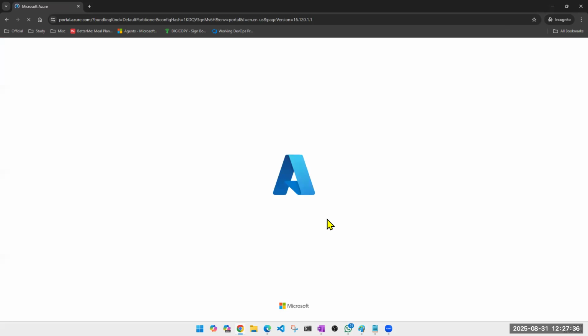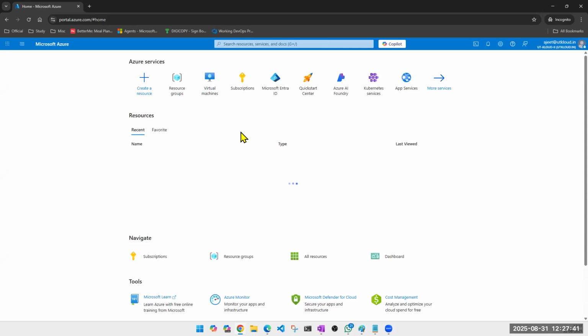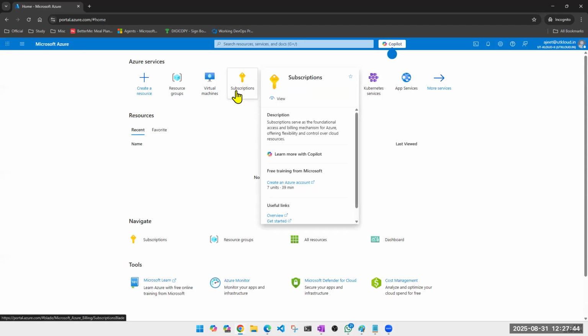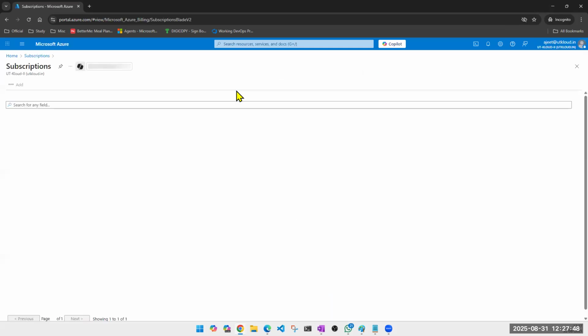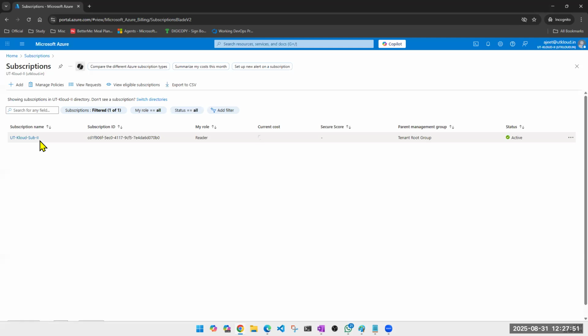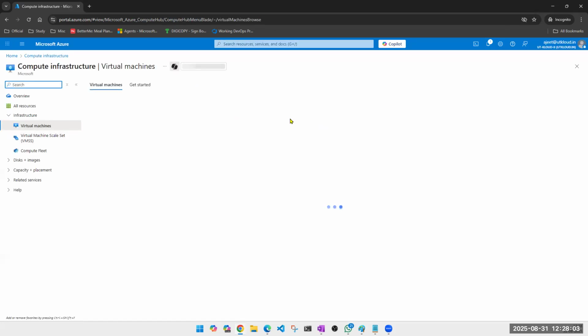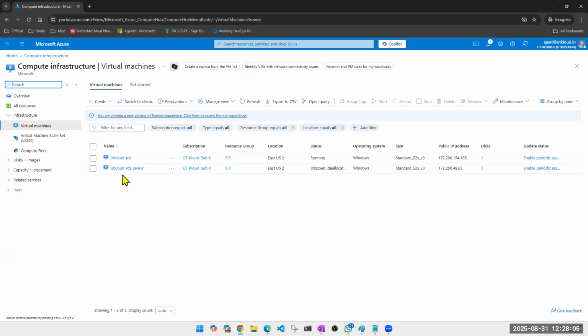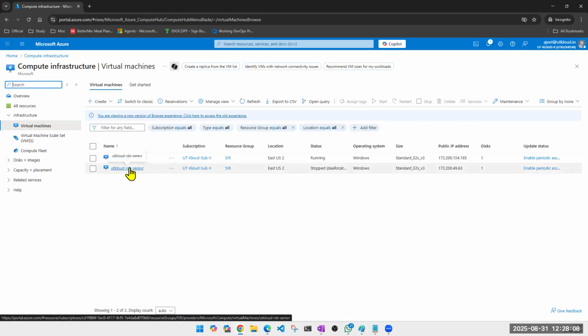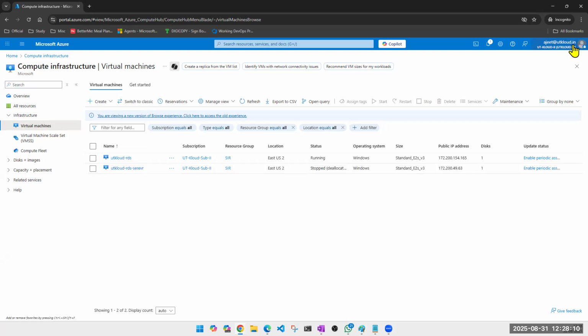So here it is. I am logged in with Ajit's ID and he doesn't have any access on my Entra ID. Still, when I go to subscriptions, he will be able to see my subscription. Look at this. Only one subscription. I have three, but I have given him access only on one subscription, so he's able to see only one subscription. Look at this. When he goes to virtual machines, he will be able to see my virtual machines which are there in that particular subscription. Right? Now, when I log in with